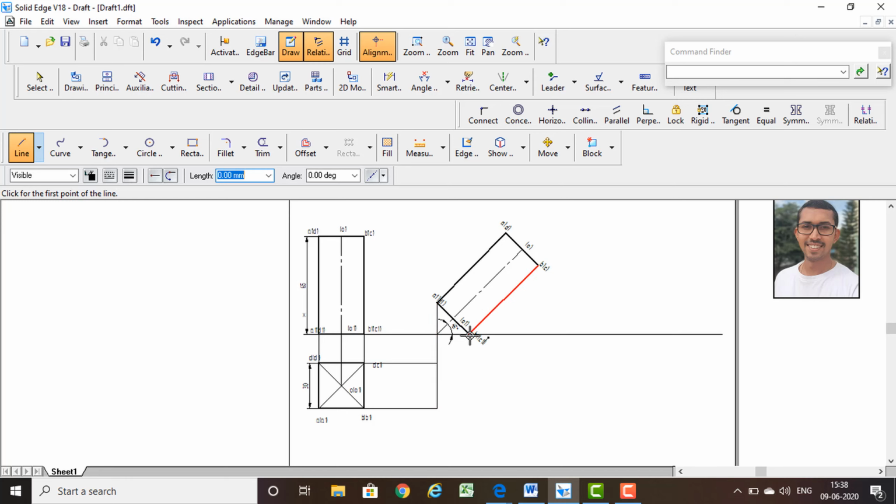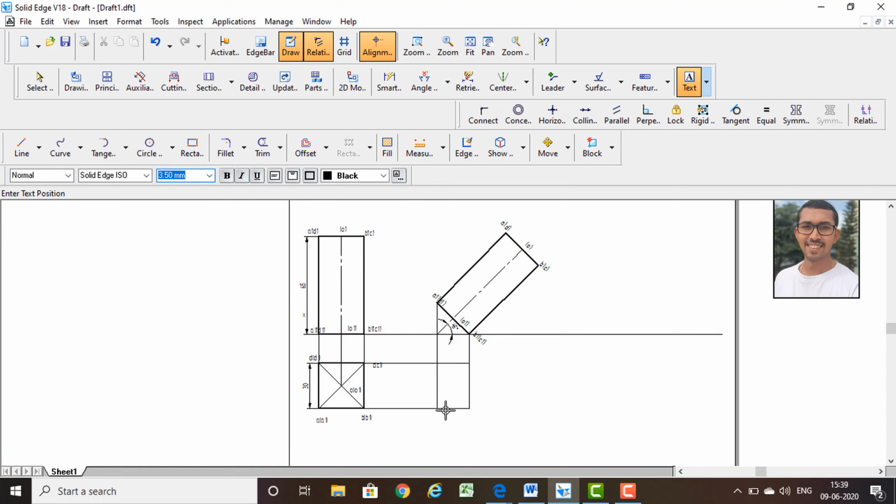Now I am going to draw a vertical projection of B1 and C1. See, this is B1, and finally this one is C1. Okay, so now let me text it so that there will be no confusion for you guys. Let me cancel this one. So this one is A1, in big letter. So now it is A1. So this one is B1 and C1, and this one is D1.